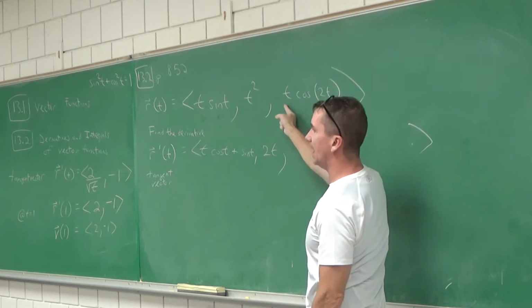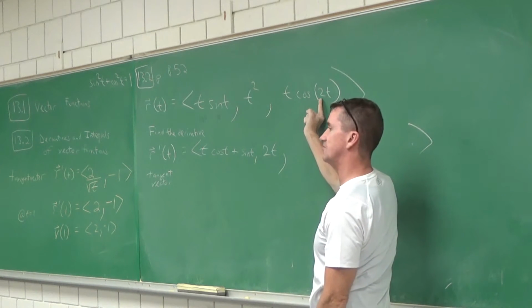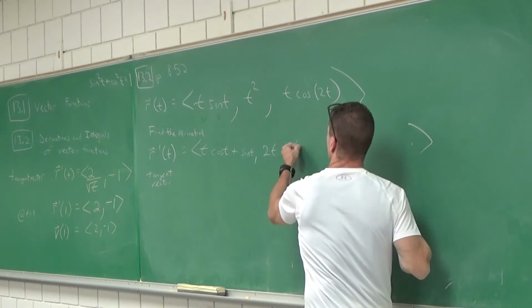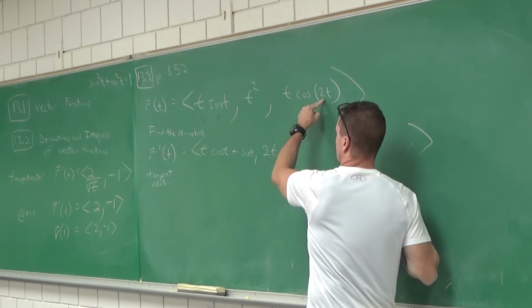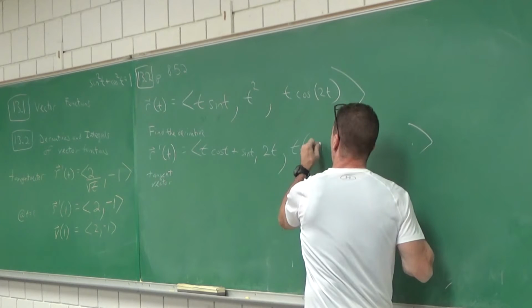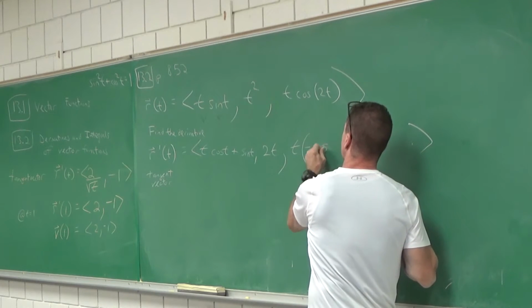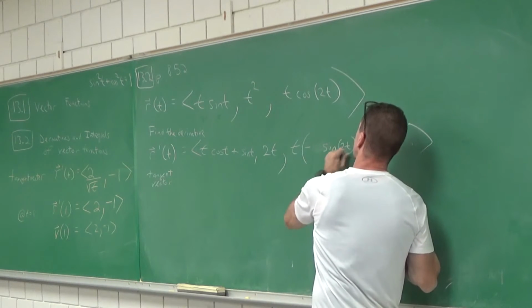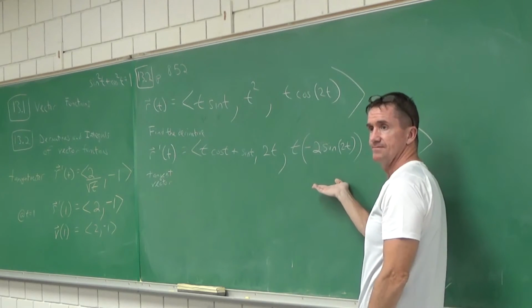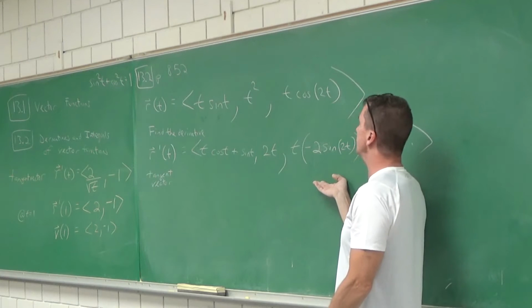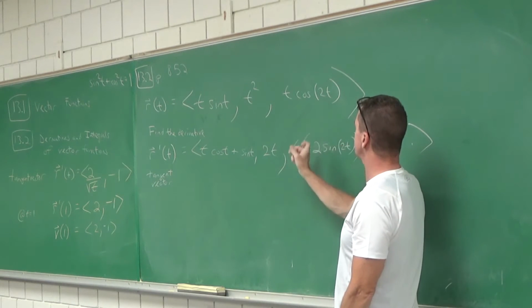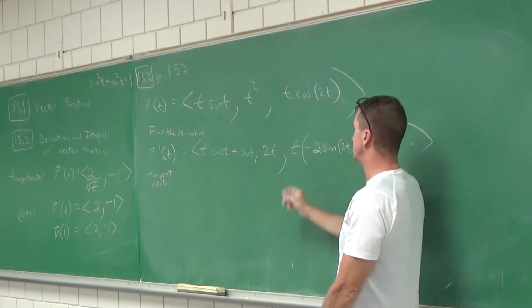This one, look, product rule, but you also got chain rule. Let me see the cosine of 2t. Let's try this. First, t. What's the derivative of the second? It should be negative sine of 2t times 2, times the chain, the 2. Everyone agree? Is everyone okay with that? Awesome. So the derivative of the second was negative sine of 2t times 2.